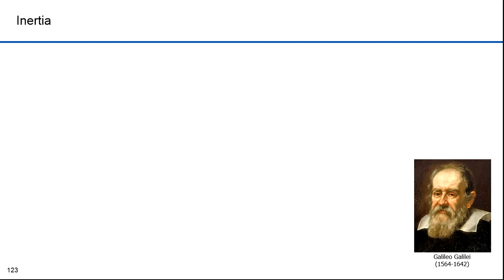Galileo, in developing his law of falling bodies, found that all bodies fell with the same constant acceleration of 9.81 meters per second squared. Oddly, gravity had the same effect on all objects regardless of their weight. That wasn't the case for forces applied to objects. If you're applying a force to an object, the heavier it is, the more force has to be applied to move it at the same velocity. Gravity didn't seem to work that way.